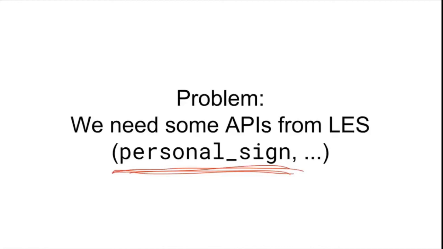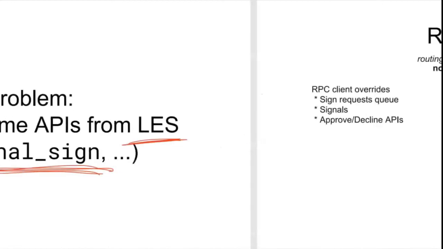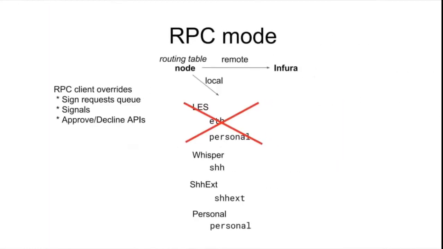Unfortunately, this method is baked into the light Ethereum service, so if we don't run it, then we don't have this one, which is pretty bad. But we still don't want to run the light Ethereum service, because otherwise the whole point of RPC won't be satisfied. So what we did, we made a patch to light Ethereum to extract this API to a third place